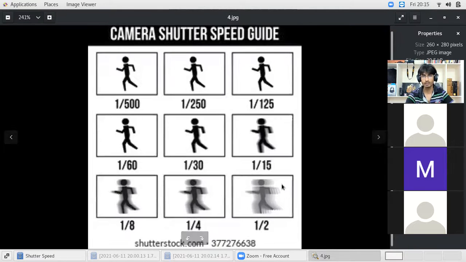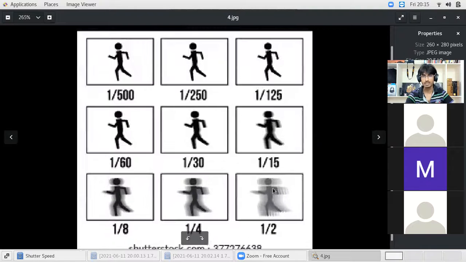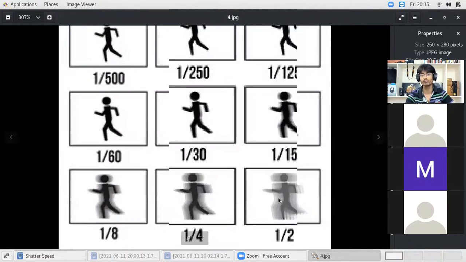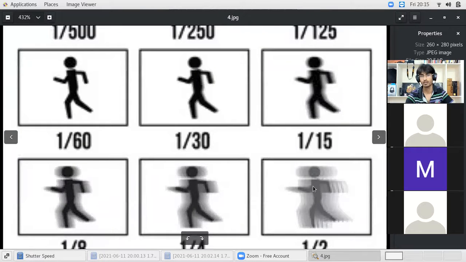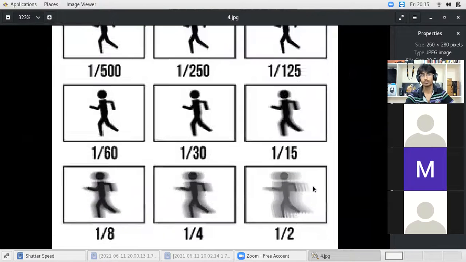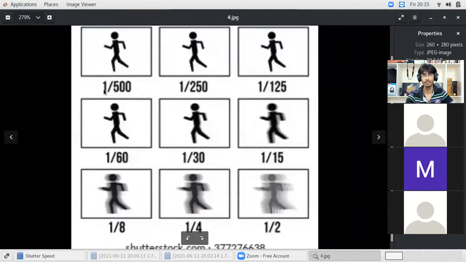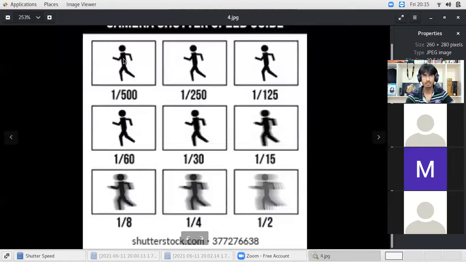So what is happening when the sensor is exposed to the light for half of a second? In half of a second, the subject is moving from position A to B, so we are getting a blur photo like this. But when the sensor is exposed to the light for only 1 by 500 of a second, which is a very small fraction of a second, within that period the subject is not able to move.